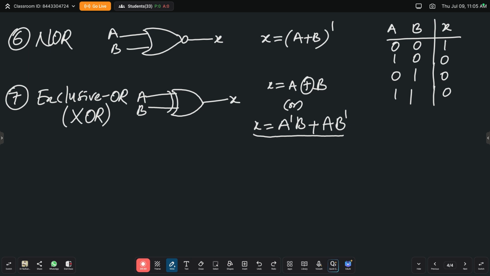Are you clear? This is the main point you should remember for the regular expression for the exclusive OR, XOR. It will be produced as A dash B plus AB dash. Then you can solve the problem easily. And you should understand this in future gates also. If you want to generate a new gate also, you can solve the thing. Got it? How to connect, what to connect. For example, coming with this truth table,